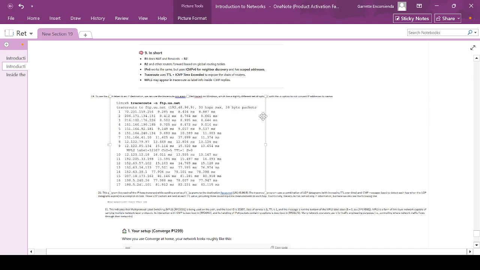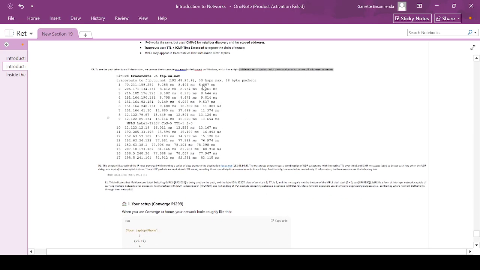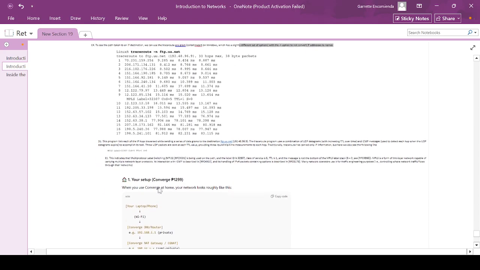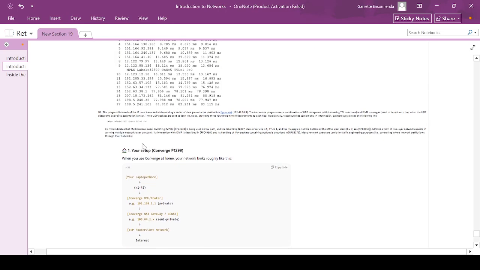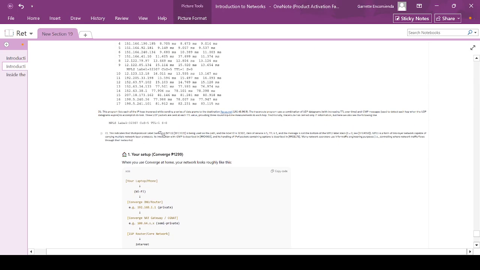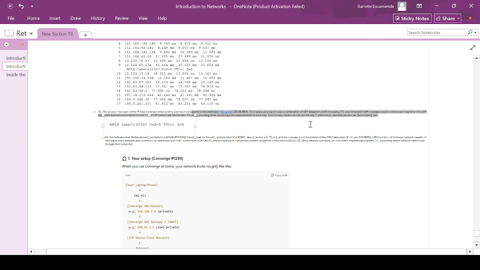So to see the path taken to an IP destination, we can use the traceroute program, called tracert on Windows, which has a slightly different set of options, with the -n option to not convert IP addresses to names. Here, on Linux: traceroute -n ftp.uu.net. We can see we have 30 hops max, 38 byte packets. We also see MPLS, where some routers use this special MPLS. This program lists each of the IP hops traversed while sending a series of datagrams to the destination ftp.uu.net,